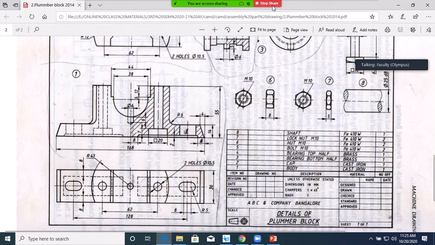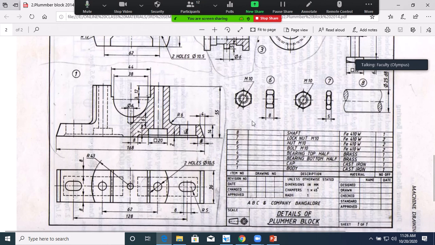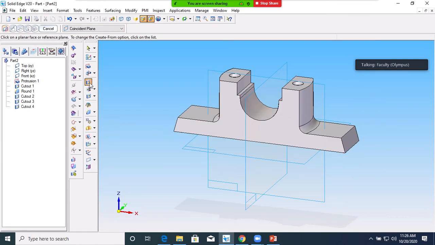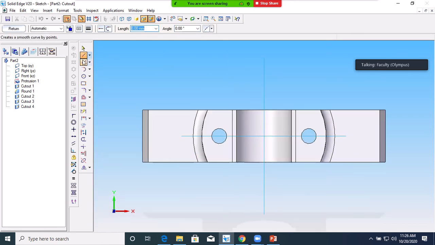Okay, so I will draw the profile. You see an 8 mm line, then a radius of 5 will close. Select cutout, select this surface. Then fit. From this end, take 64 mm at 0 degree. Here you have to create a profile. I will create a profile outside. Say I draw a rectangle of width 8 mm; radius 5 is given, that means the height will be 10 mm. I draw the rectangle.